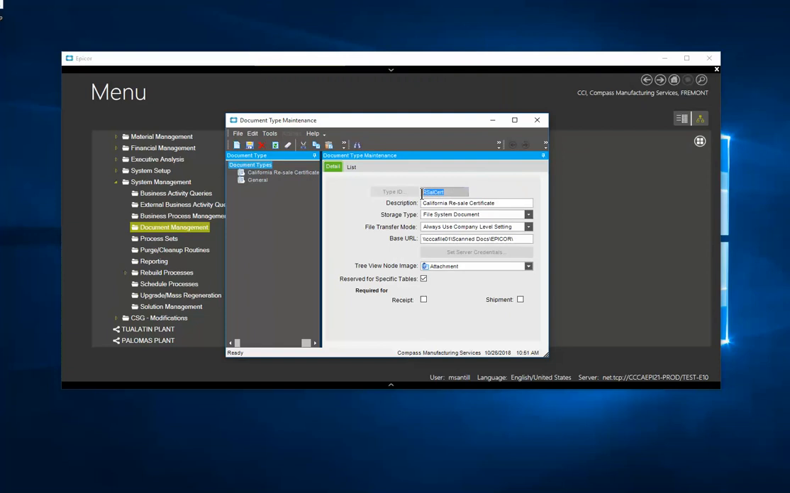So right now we have the resell cert. This needs to be no bigger than 8 characters long. The description is what people will see and select. Our storage type will be file system document. Our transfer mode is going to be the company settings, and here is the same path that we used as before. Under the tree view node, you want to select attachment,